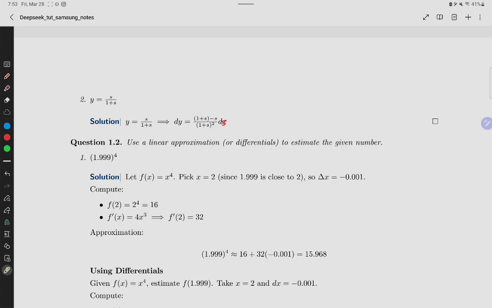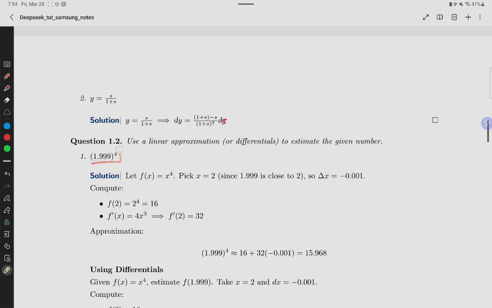Now the interesting questions are the linear approximation. You should know how to approximate linearly any given number or function at a particular point, etc. So for example, we are given a number 1.999 raised to the power 4, and we are not allowed to use the calculator, but we want to linearly approximate this. Okay, so maybe you can do the multiplication 4 times, which will still be a little